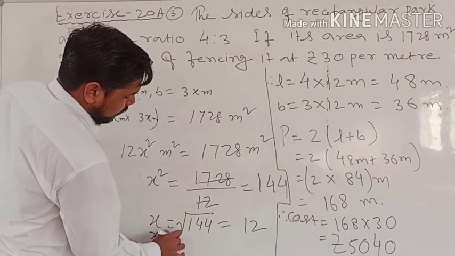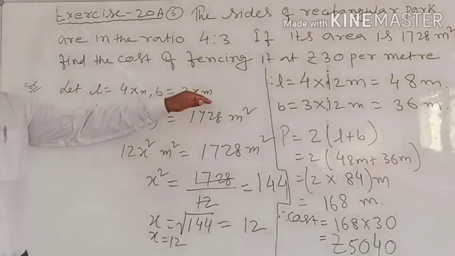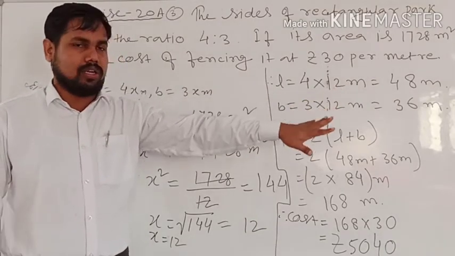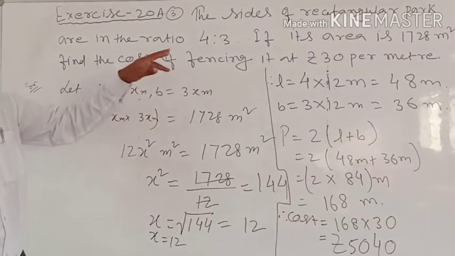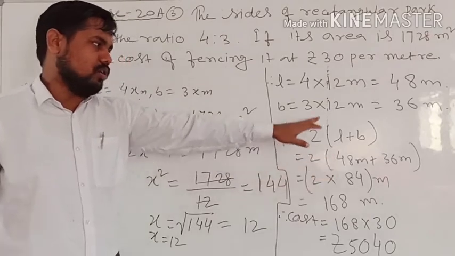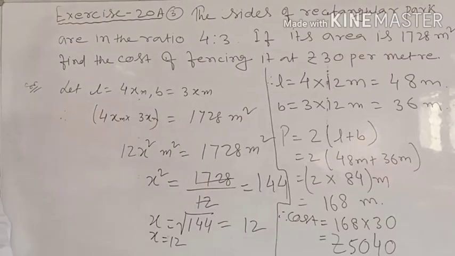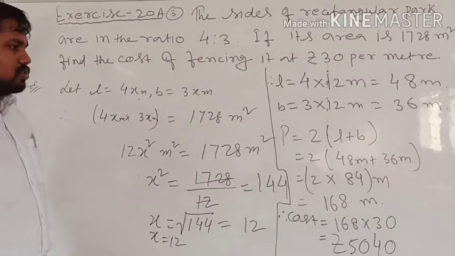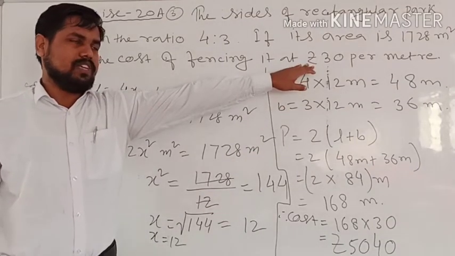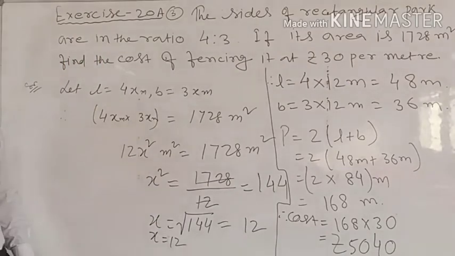तो x का वैल्यू हमारे यहाँ पे 12 हमें मिला था. अब x का वैल्यू मिल गया तो we can find out length also, we can find out breadth also. After that we have found the length is equal to 48 and breadth is equal to 36. Now the most important thing, the area is given, so you have to find the perimeter first. So perimeter we know 2 into (length plus breadth). After that we have got 168 meter. So 168 meter is the perimeter of the field. And after then if the rate is 30 rupees per meter, we will multiply with this. So in case of any value, this is how you can find this type of question.